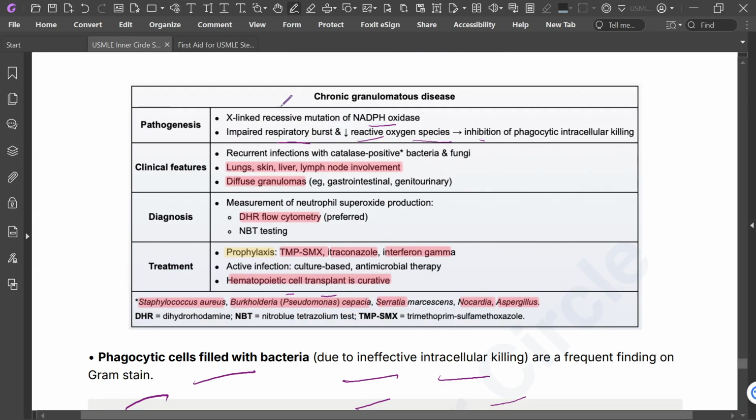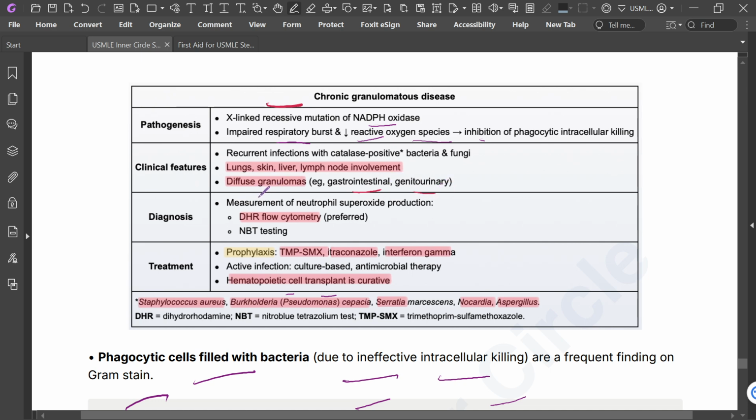Look here, in chronic granulomatous disease, it is an X-linked recessive mutation of the NADPH oxidase. There is impaired respiratory burst and decreased reactive oxygen species, with inhibition of phagocytic intracellular killing. There are recurrent bacterial and fungal infections with catalase positive organisms. In the lungs it can cause pneumonia, in the skin cellulitis, and in lymph nodes suppurative lymphadenitis, with diffuse granulomas in the gastrointestinal and